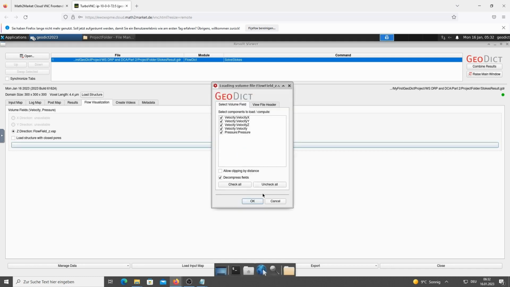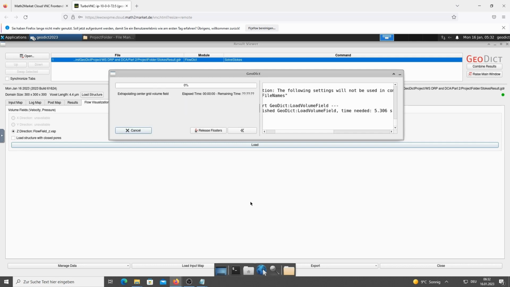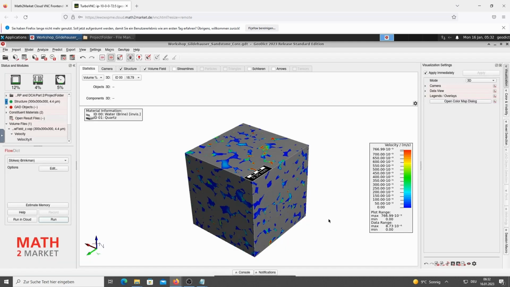By default, all fields in the file are loaded, the velocity and the pressure field, and we can leave it. So we click OK to load the velocity and pressure field. We can now close the result window.